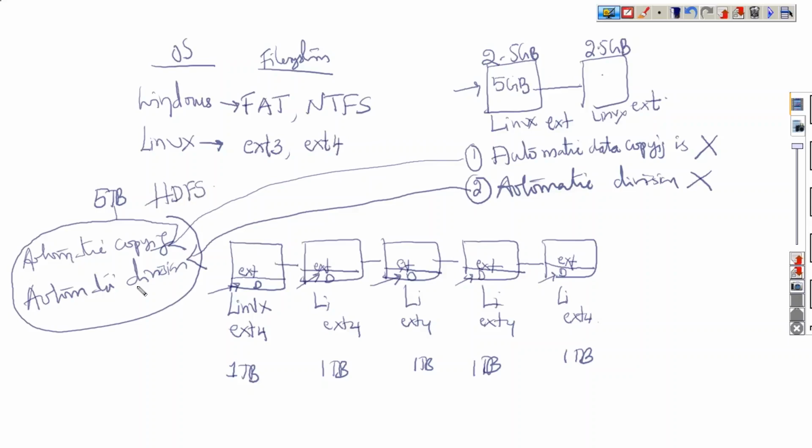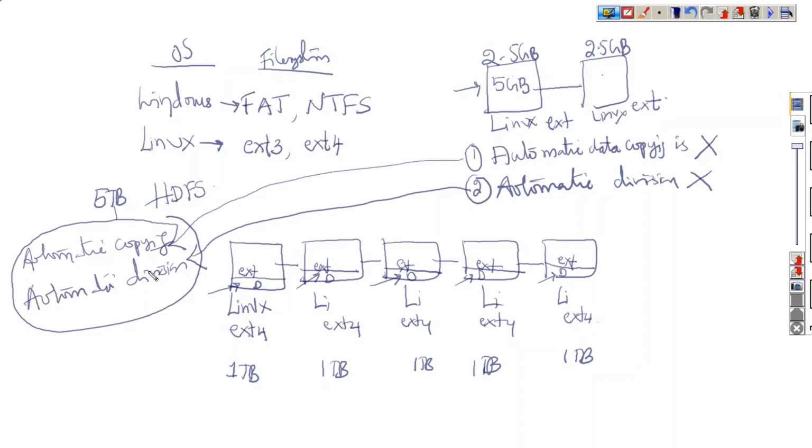Okay, one is HDFS. That's it. So HDFS can divide the data automatically and it can copy the data from one node to another node. It will take care of everything. We just have to load the data once. It will do it on its own, whatever the amount of data, the variety of data, or the speed of generation.